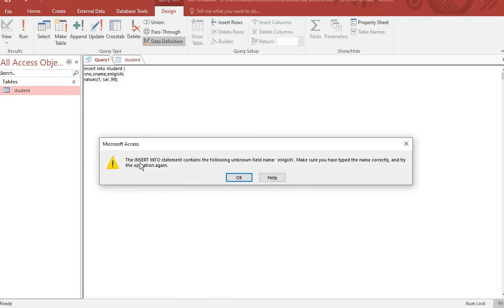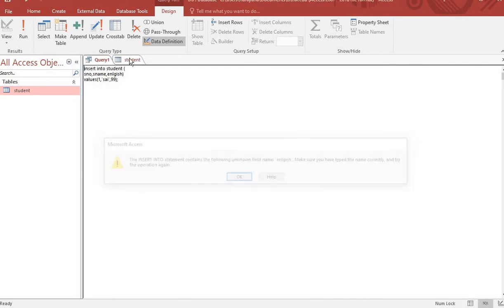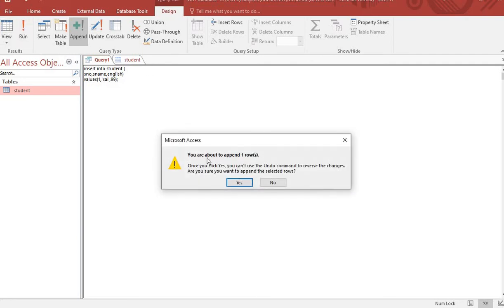See here, the insert into statement shows the following: unknown field name, English. See here, we have typed it wrongly. English. You are about to append one row, which means it's executed.